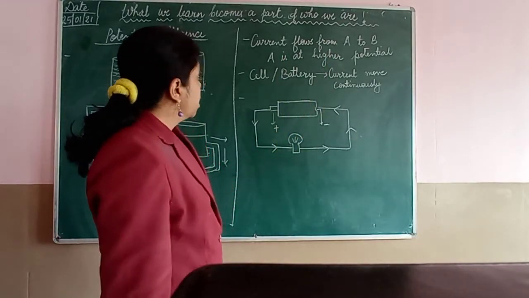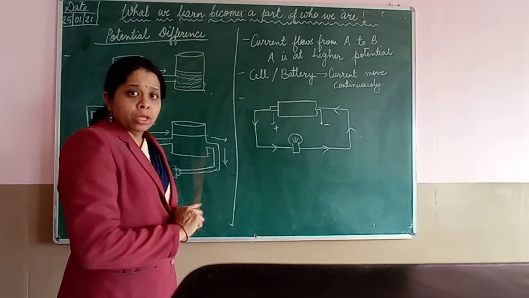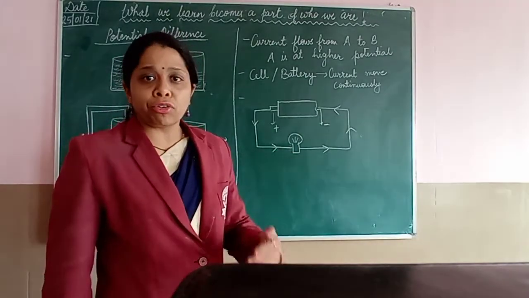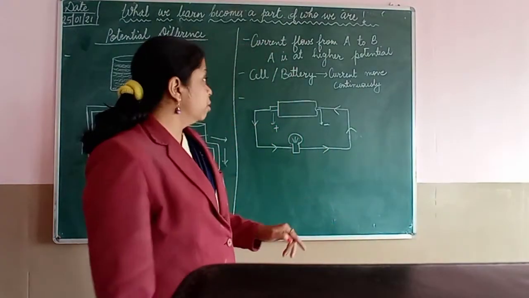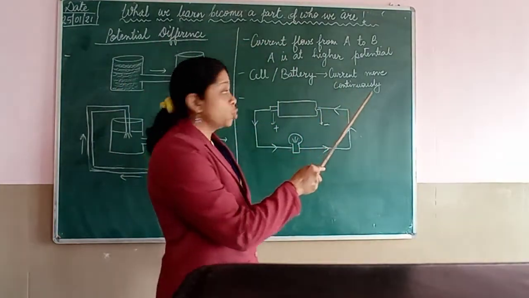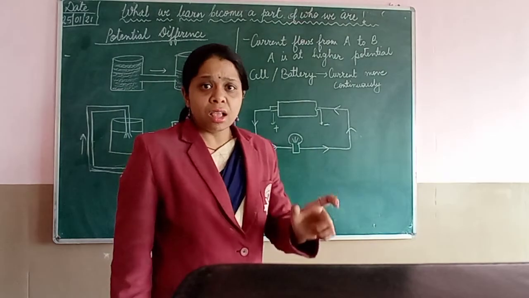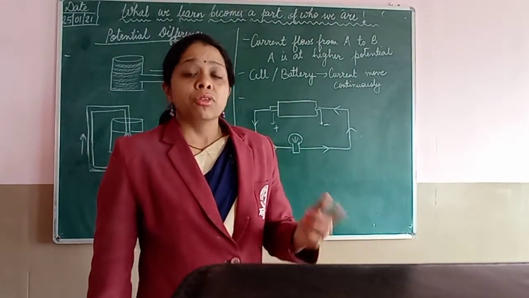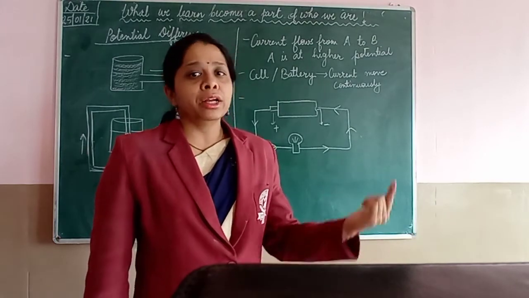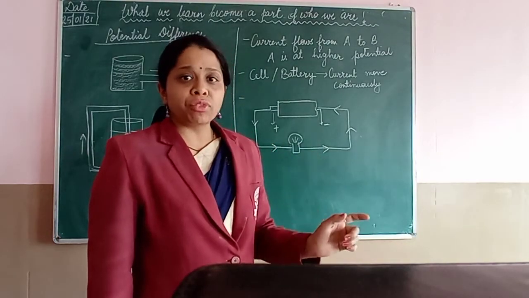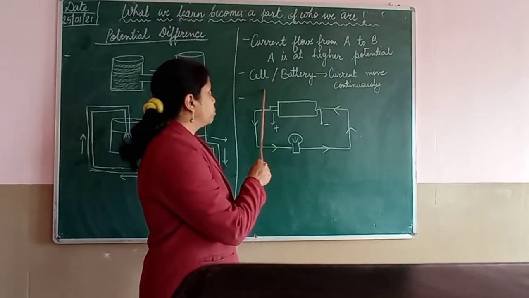Now second, here we have used a pump so that there is a continuous supply of water from A to B. But what is the pump we are using here? We will use either a cell or a battery, so that there will be a continuous supply of current moving from A to B. So you have to remember, here who will put up with the continuous